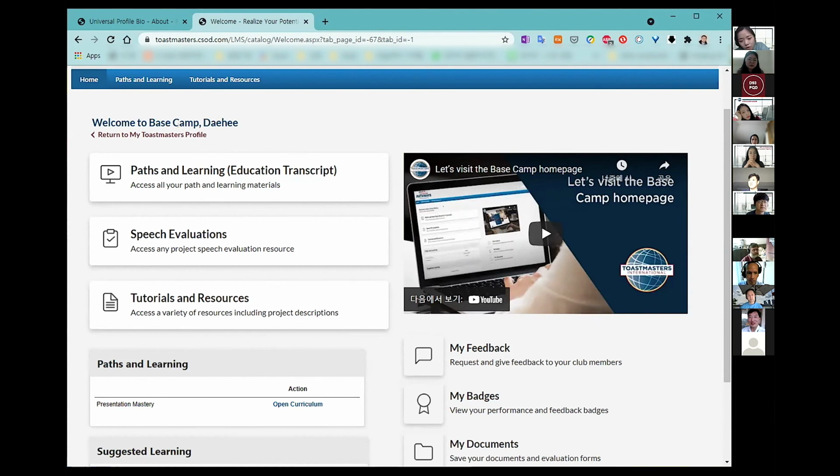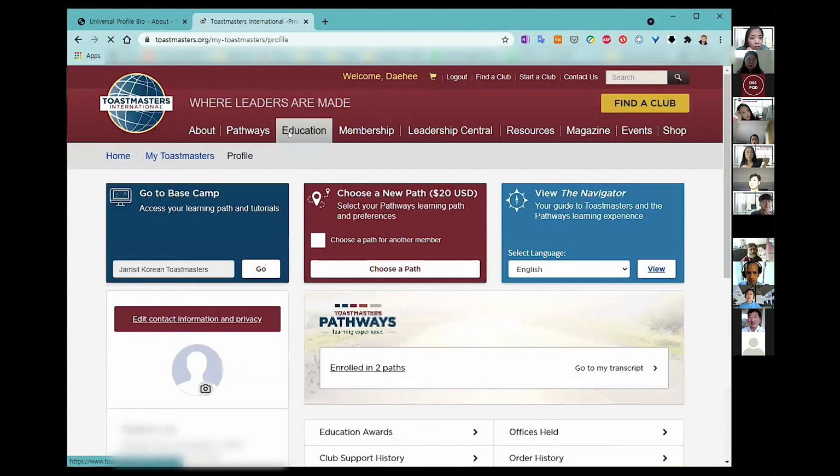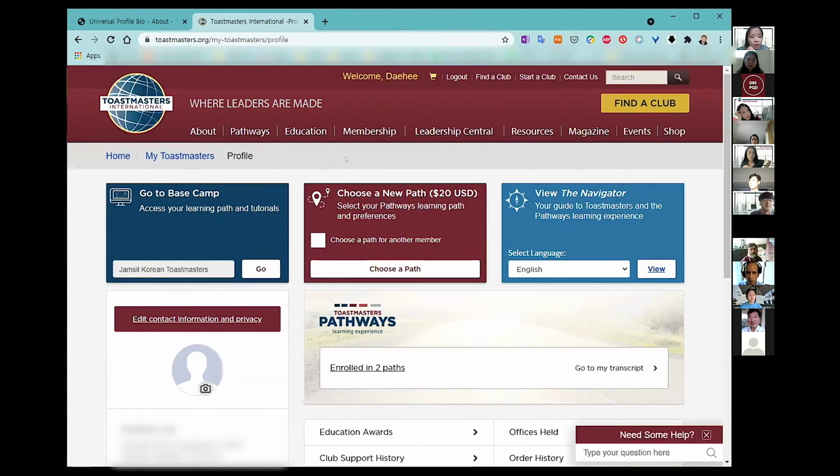David, can you share your screen then? This is my screen. Oh no, this is Taehee's screen. So he needs to enroll in a new one. I guess he can go to base camp or whatever if he wants. David, I think we're seeing Taehee's screen, not yours yet. I mean that the screen we're seeing is Taehee's, not yours.